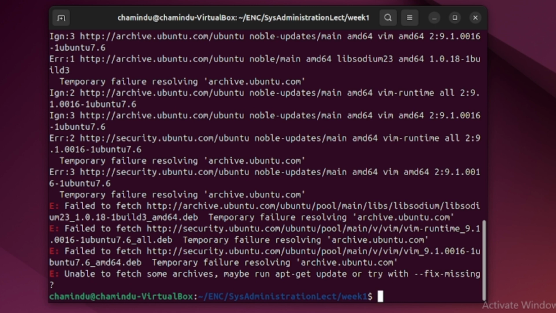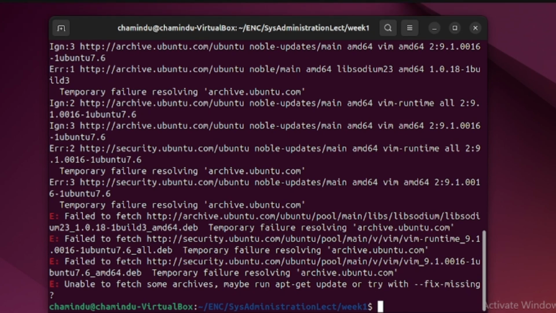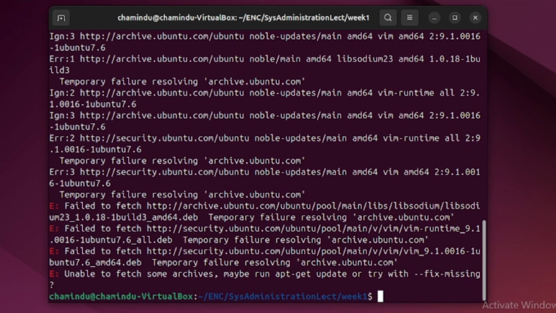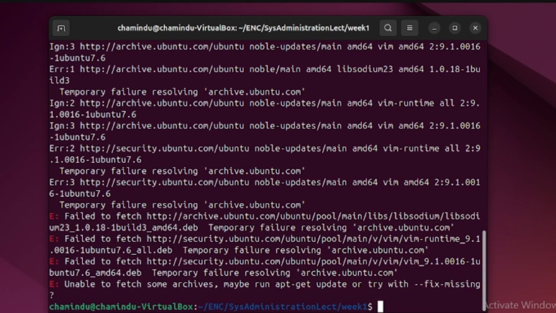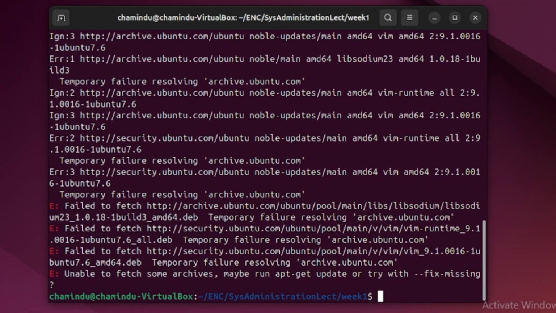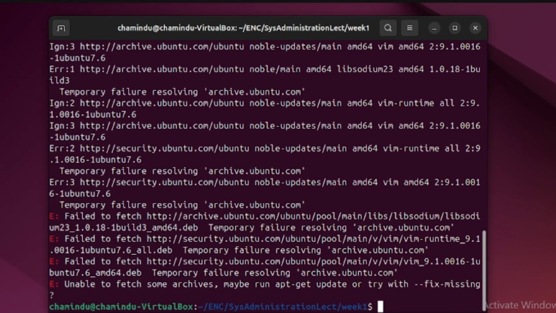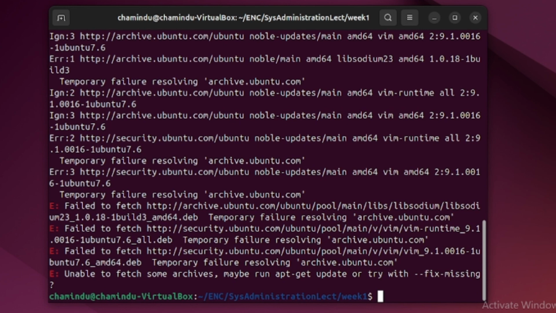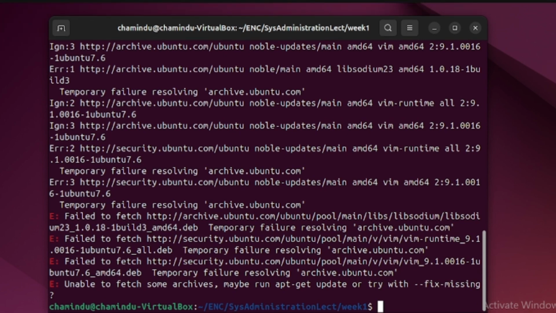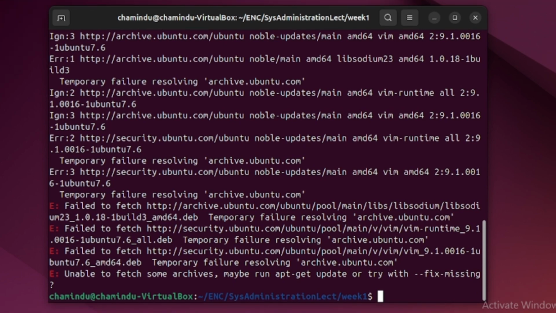All right, I got an error, right? Read the error. Error says fail to fetch http archive ubuntu.com ubuntu world library, fail to fetch this Debian file from this